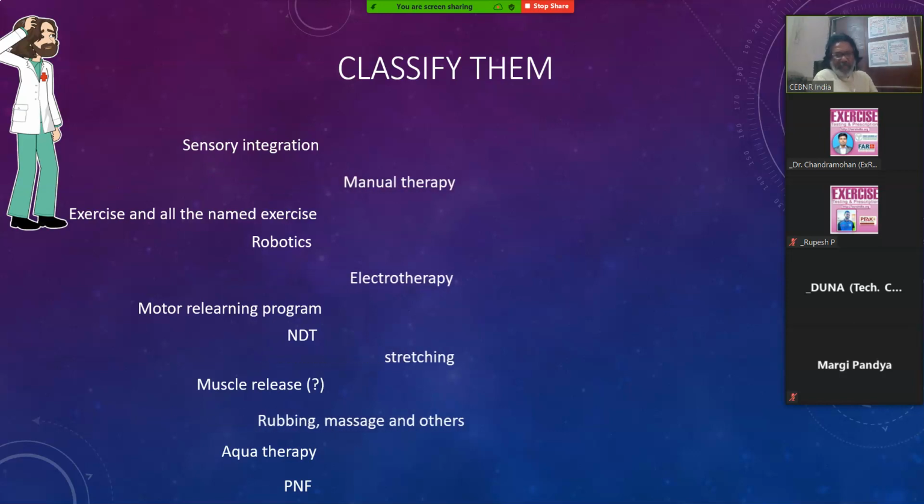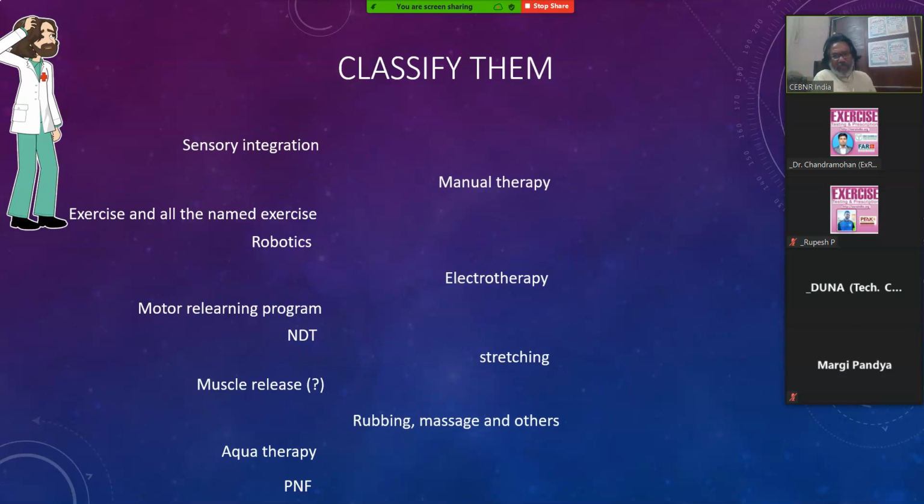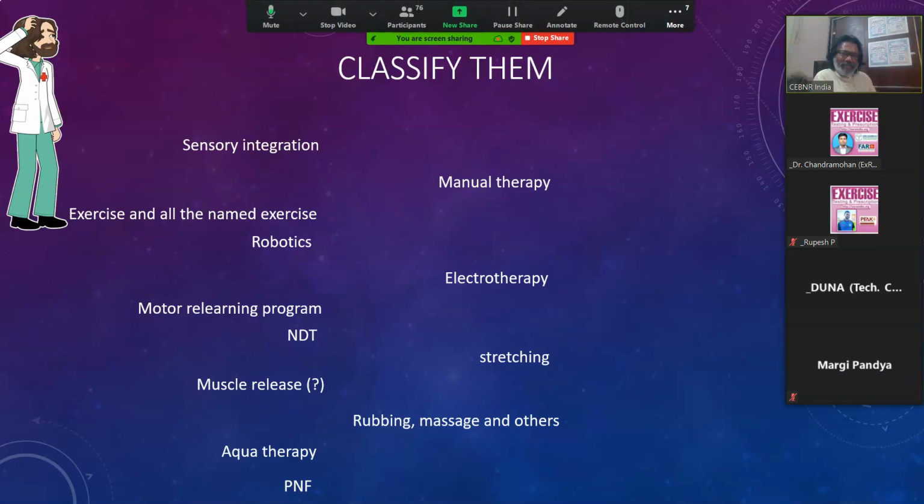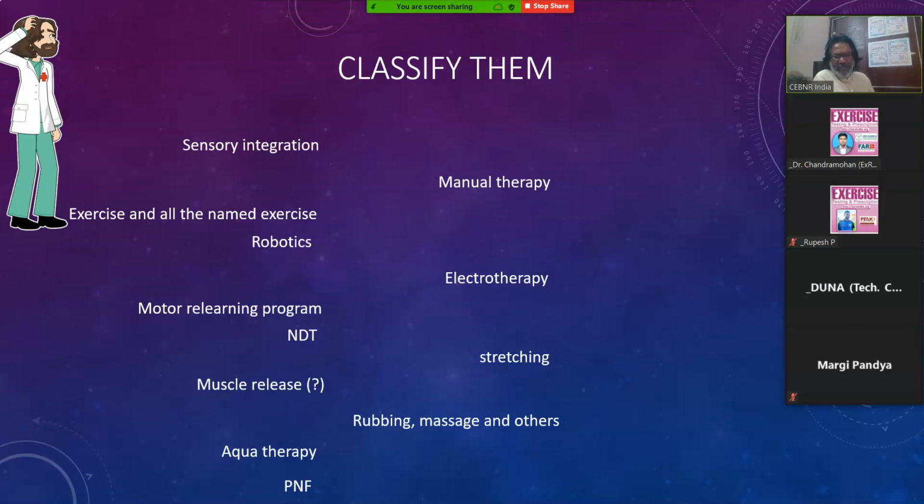Now, what I mean by that is, if I remove a certain type of treatment here, you can see I've also added muscle release. It should have gone this side, but it didn't. But anyway, assume that muscle release has also gone to this side. What you will see is manual therapy, electrotherapy, muscle release, stretching, rubbing. What I mean by rubbing is trigger point release, massage with stick and fork or something like that. All these things are included in this. So